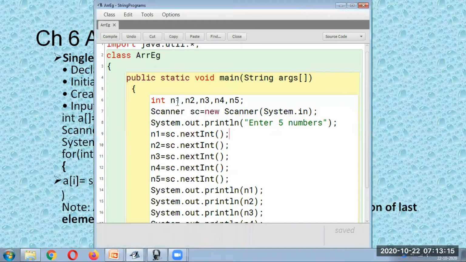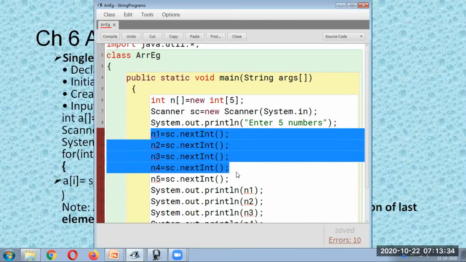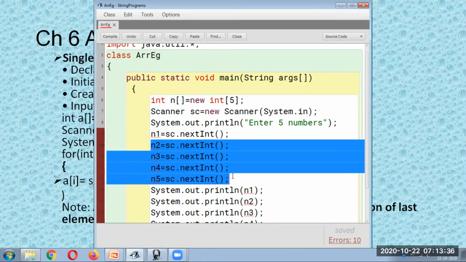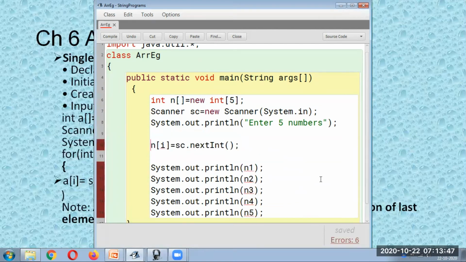So here we'll change the same program. Here we will convert this into an array. So we can write here like this, equal to new of integer, and here we can mention the size, that is 5 elements. This is how we declare the array. Now this also we can change. So we can simply write here only once, it is required. Instead of writing it 5 times, we can write here square bracket, and this we will change to I, and this I we can keep in a loop, because this index is going to start from 0 till 4. So we can write a for loop over here.